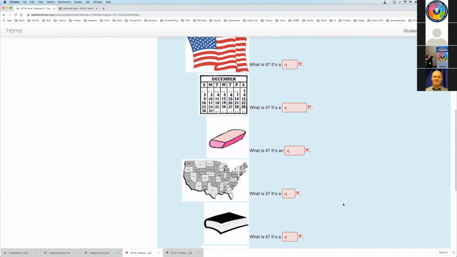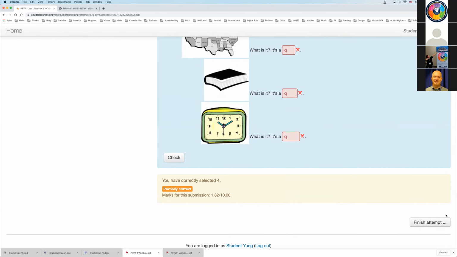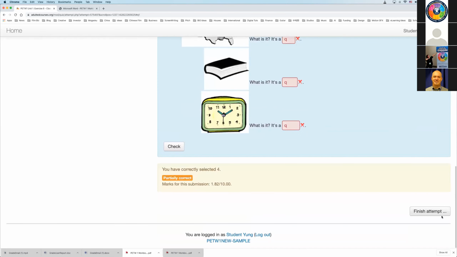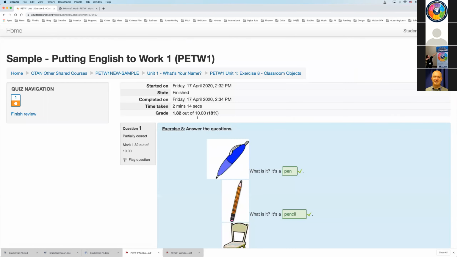And that is a unique feature of this online course. Okay, so here, I'm going to click finish attempt, submit all and finish, submit all and finish again, and it is telling me that it took 2 minutes and 14 seconds and I only got 18% correct, okay? So again, to go back, I'm going to click Unit 1.